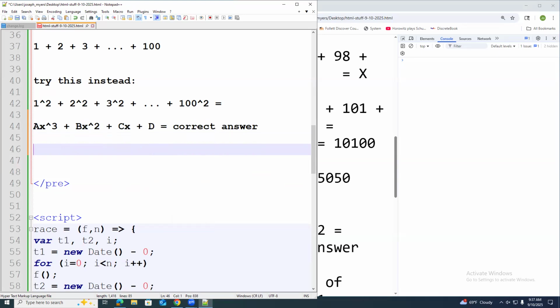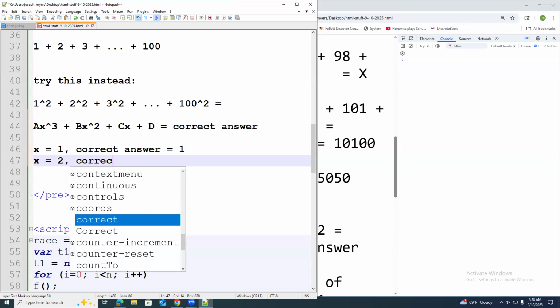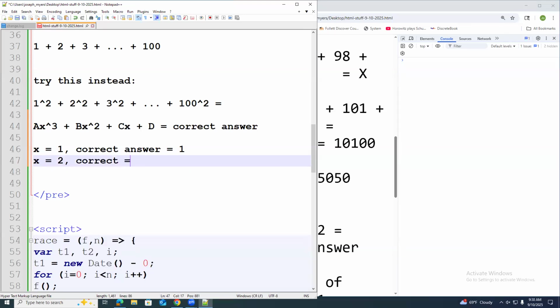So when x equals 1, what's the correct answer? 1 squared is just 1, correct? So when n equals 1 or x equals 1, the correct answer equals 1 because 1 squared is 1. When you add up the first 2 numbers, squaring each one, what's 1 squared plus 2 squared? 5. You're right. That's correct.